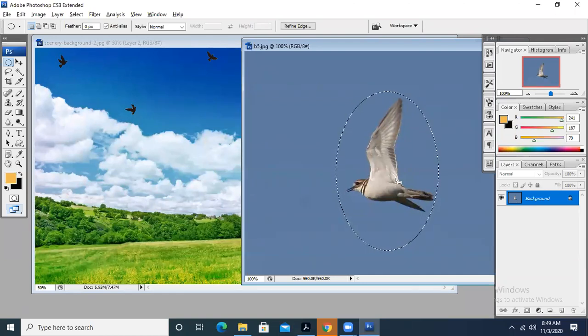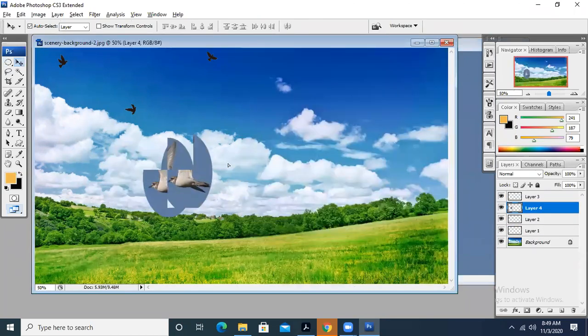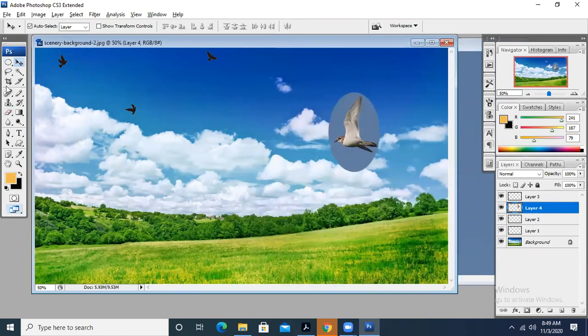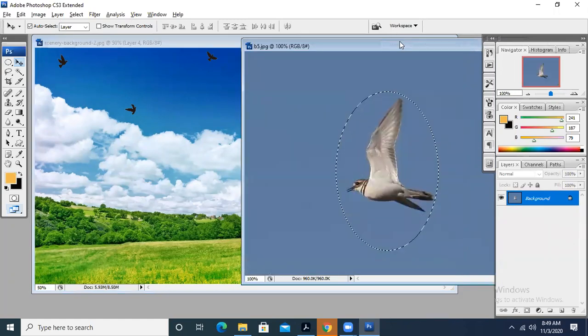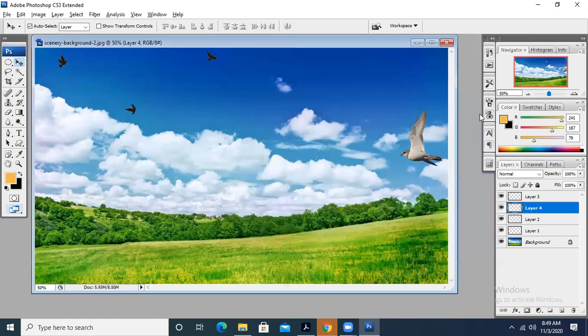What we are going to do, we will take this image, we will take the selection tool, we will bring it to our scenery. Now this is there in our scenery. We will click on the magic wand tool or press W, and we will delete the background. We'll press Control D. Now this is the image that we have shown over here at the corner, showing that the bird is very close to us and we are able to see the bird properly.